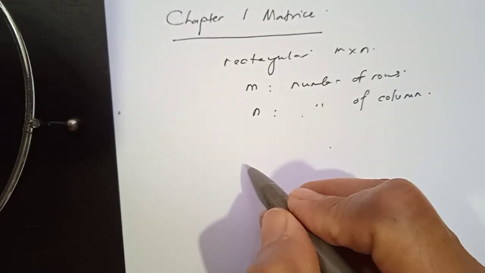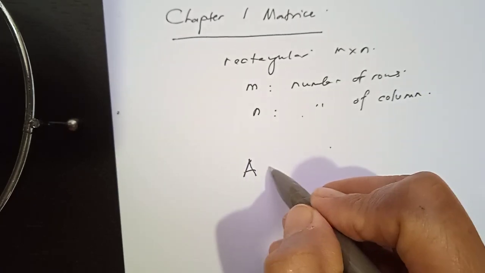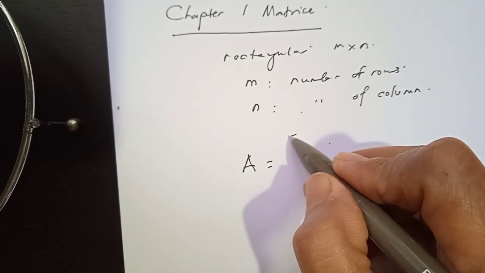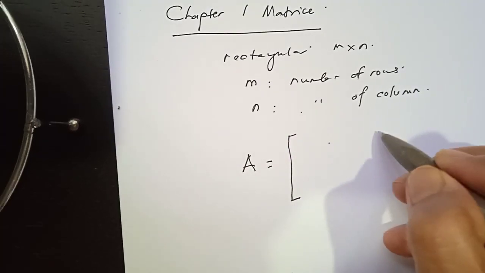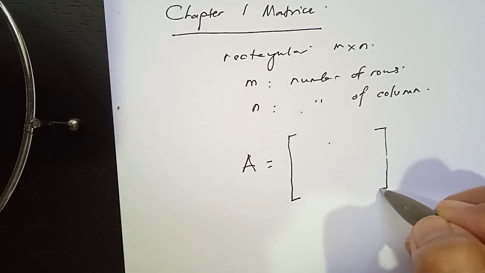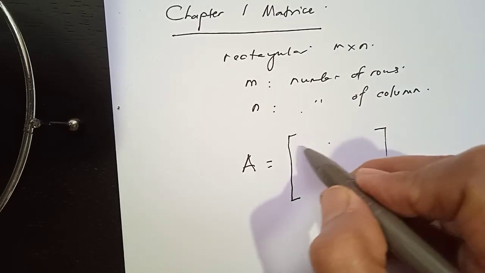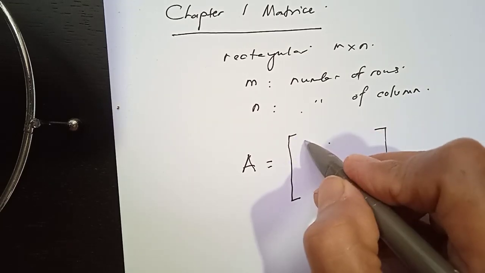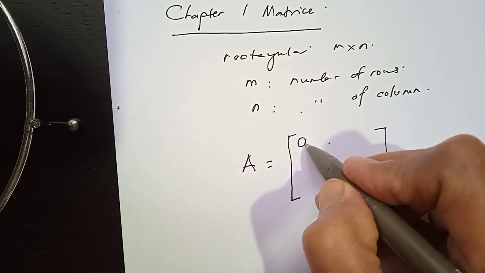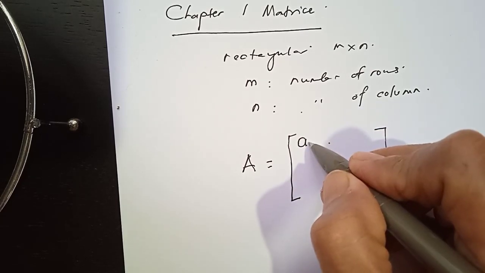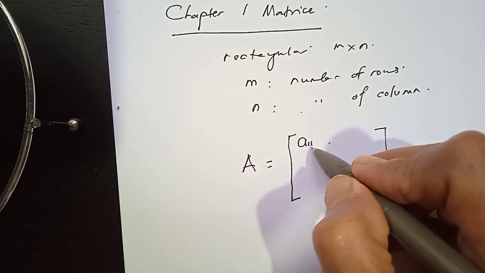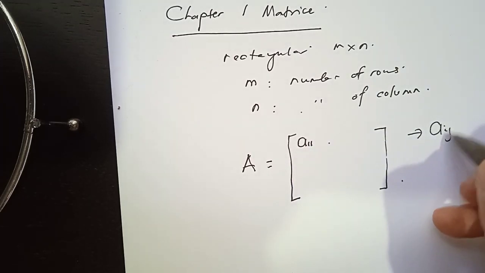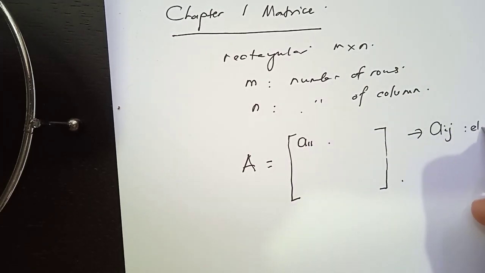Normally, let's say A is the name of the matrix where the data is arranged in the form of row and column. So this is the symbol of matrix, and inside is called an element. Element we state as A subscript 1 1, Aij. Aij is called an element of matrix A,